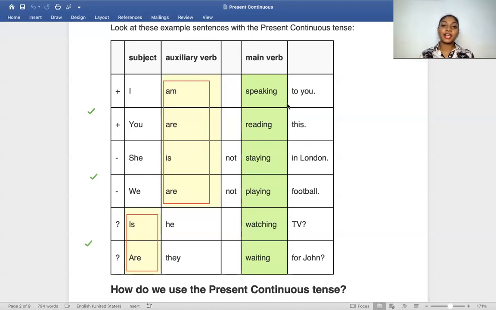Okay, so we'll look at it once more. I said there are three types of sentences: positive, negative and question form. Without knowing these sentences and tenses, whether you write a letter, a speech or an essay, tenses affect everything. So first you have to be